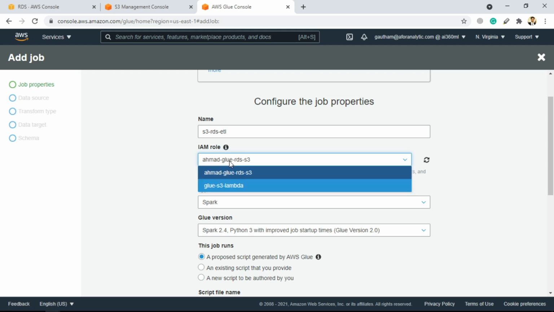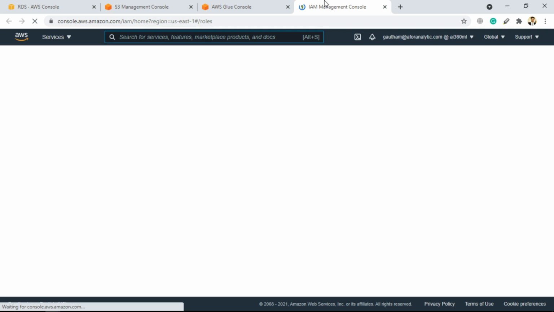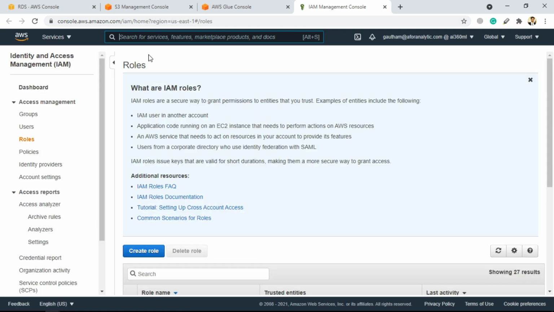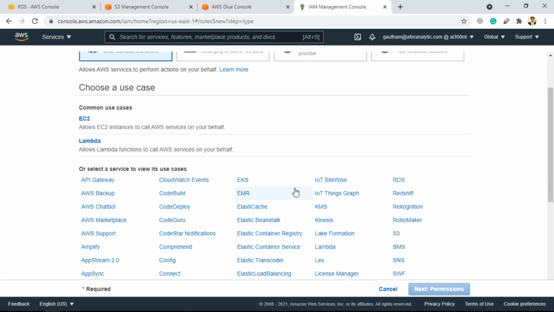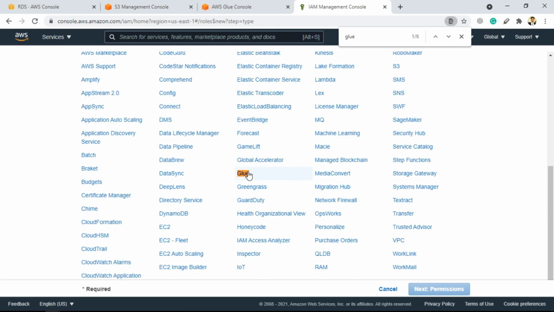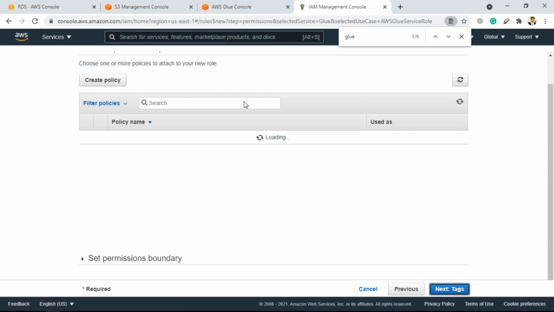So let's select this role, and if you want to create one, you can go for create IAM role, and over here you simply need to go for create role. We are basically writing a role for Glue. So let's search for Glue, go for Glue, next permissions, and here we can simply attach policies to it.